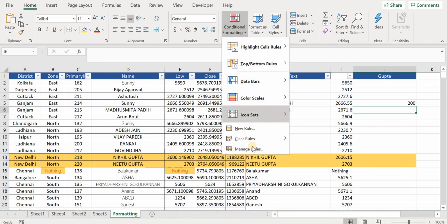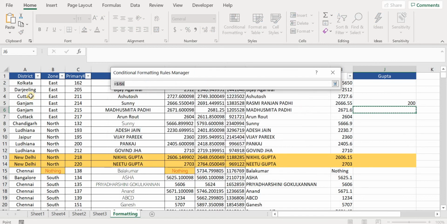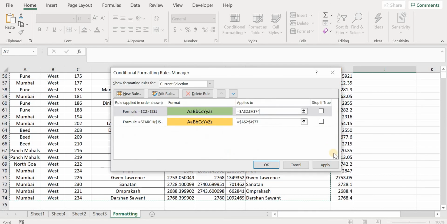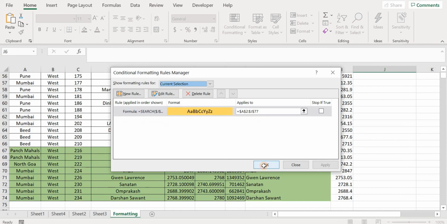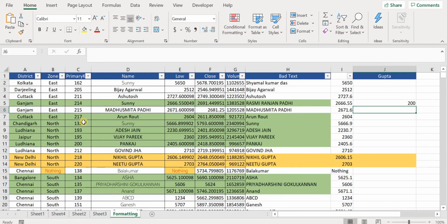Then come to conditional formatting and select where this applies to. I will say this applies to everywhere, and apply and OK. See, wherever the values are greater than 200, automatically it has applied the green. Now you might be wondering that this is also greater than 200, but why orange has been applied and green has not been applied?